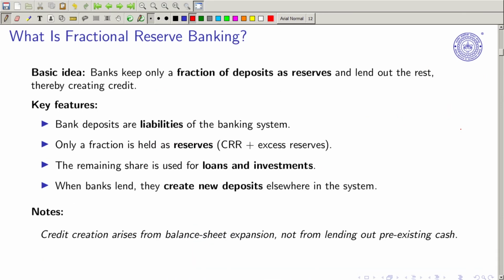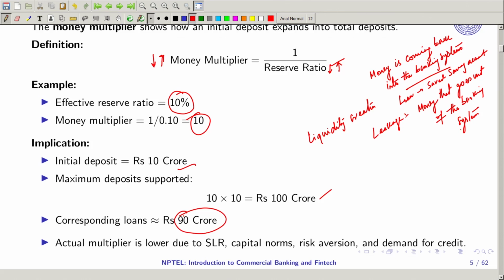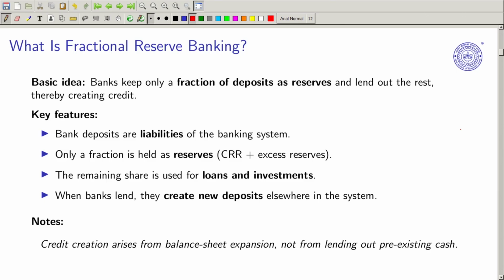So what is fractional banking? With this background, I think you must be wondering how banks decide the borrowing and lending. So this is what I have added, a very important topic. The modern banking or commercial banking that you see, the term we use, commercial banking, is because they create commerce and support commerce, right, and that's why we call it commercial banking. So the money exchange for business purposes or any kind of household purposes, we get from commercial banking. If we are doing it only for investment purposes related to the financial market and all, then you have investment banking, we call it I-bank, right.